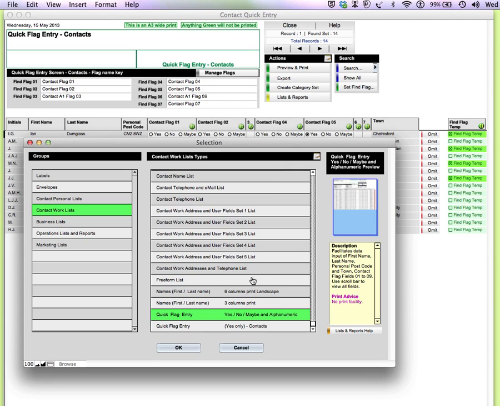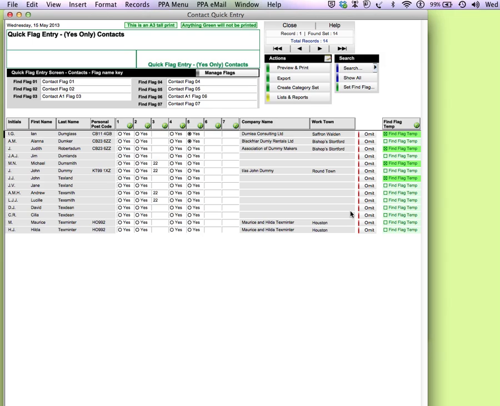The second type of flag list is yes only. Use this when you are not interested in maybe answers, only yes or no. Once you have selected all the yes answers in your list, go to the yes, no, maybe list and set the rest to no, either individually or by using the replace button. Both of these flag lists have actions and searches up here, and note that both have a create category set button here. Let's click on this